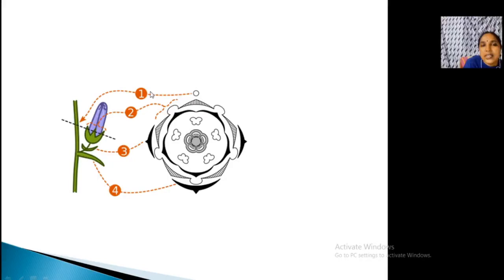So the axis is represented by a dot, then bracts and bracteoles, then sepals with midrib-like lines, then petals. If it is united, join like this. Clear? If it is free, you can have a gap here, a gap here. If it is united, you have a connection. Then the stamens, butterfly-like. This is the gynoecium with the ovules arranged. So this is known as the floral diagram.